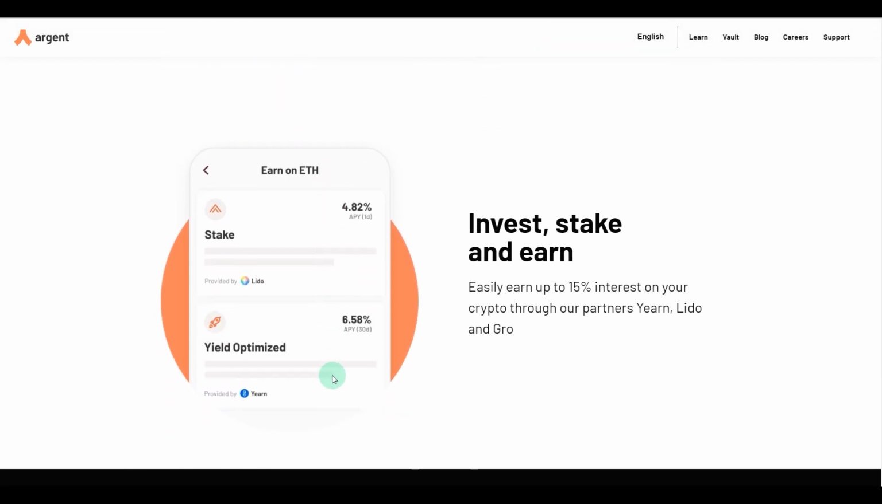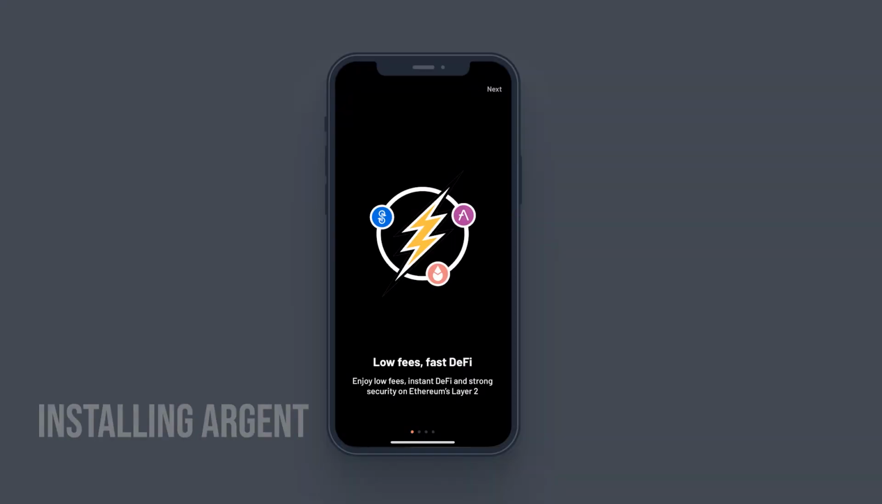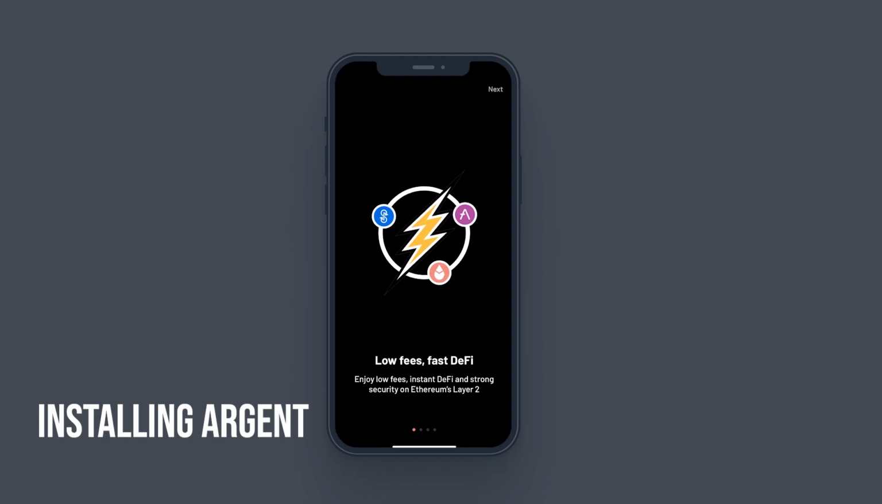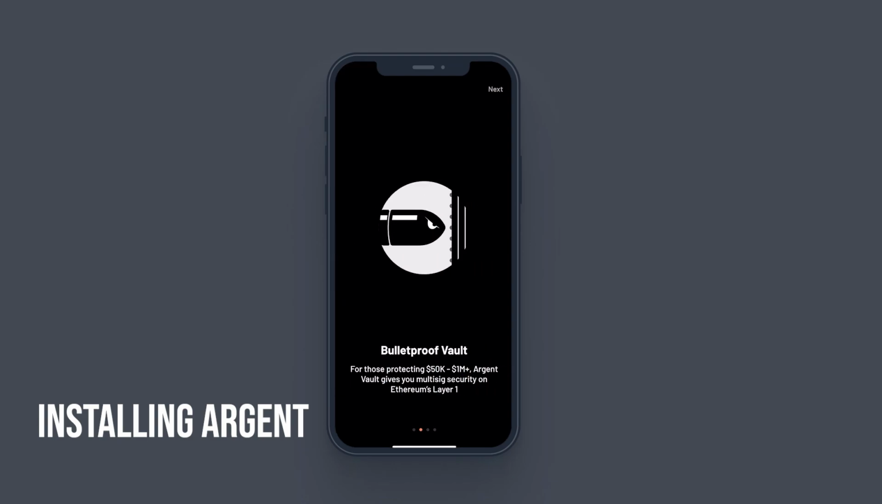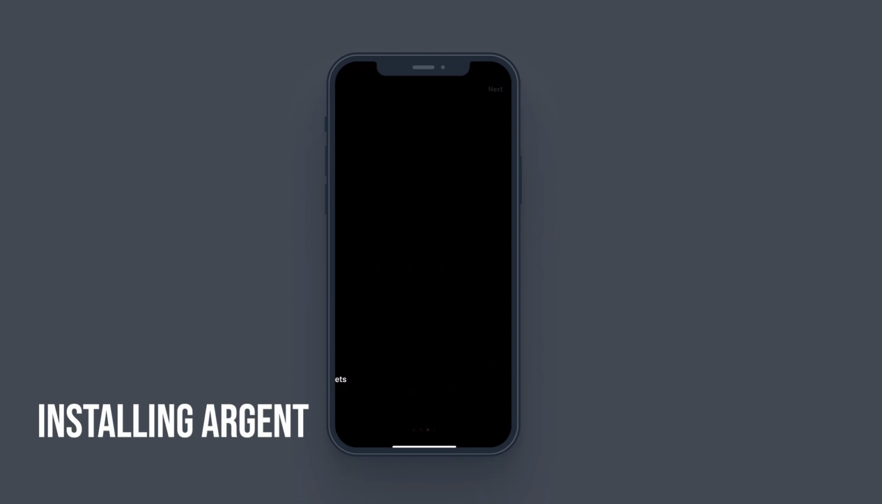Now, let's get into the step-by-step guide on how to set up Argent wallet on your phone. I'm going to use iPhone, but it's the same process for your Android phones as well. The installation is pretty simple. You just got to download and install the mobile Argent app on your Play Store or your iPhone. As you can see, low fees, fast DeFi, bulletproof vault, and you can also see and access your NFTs, own